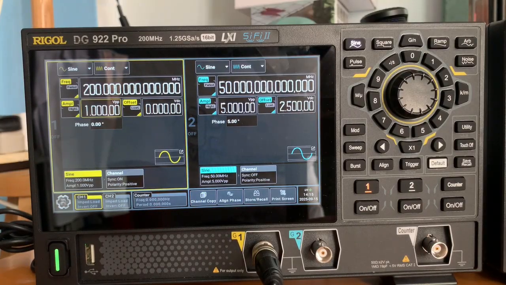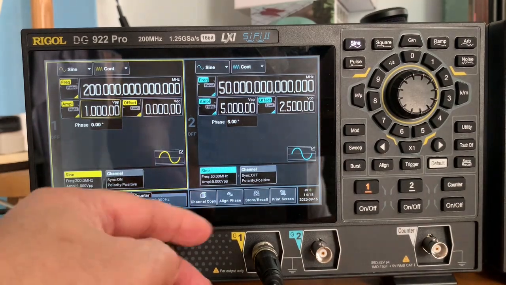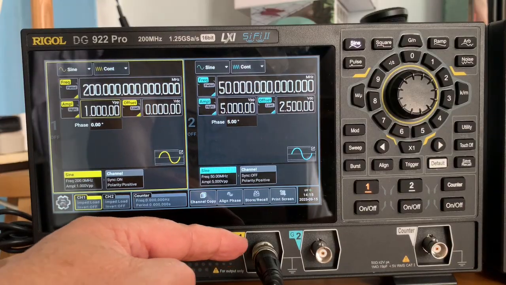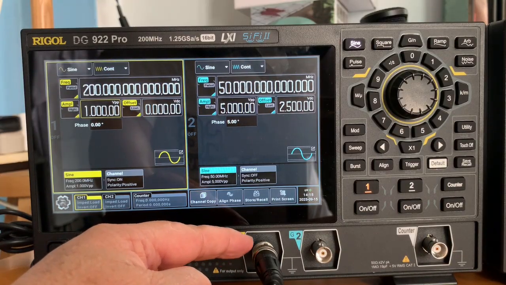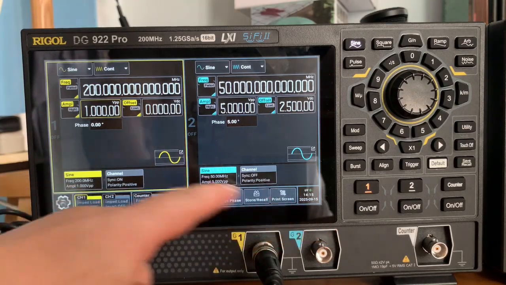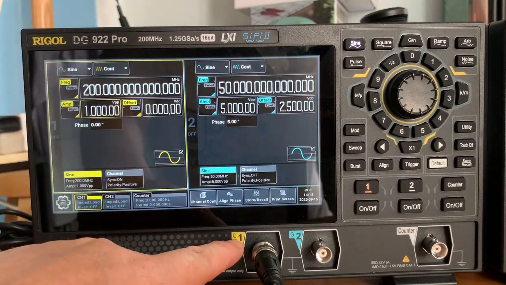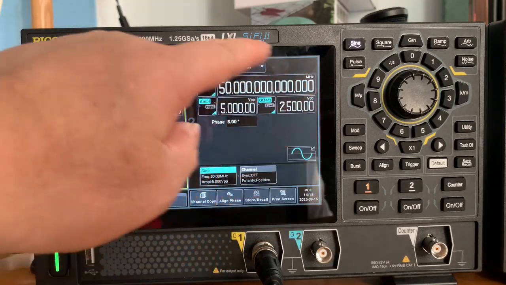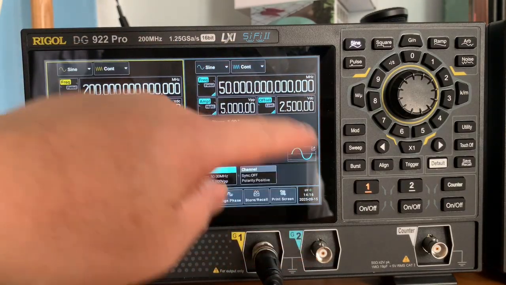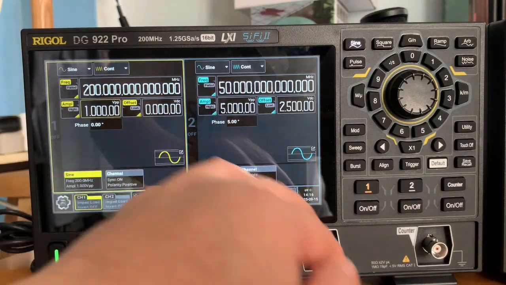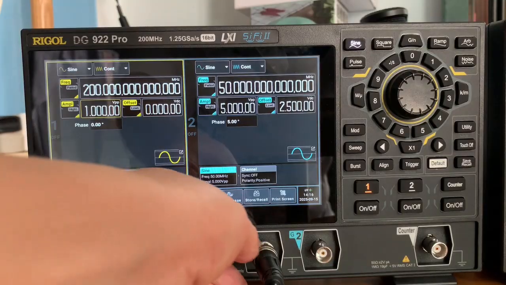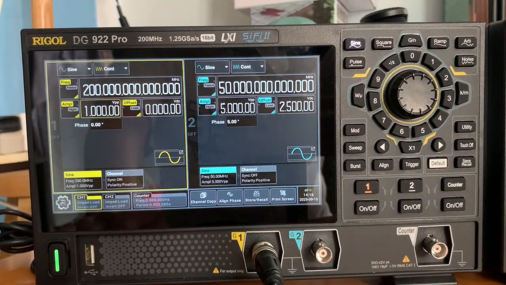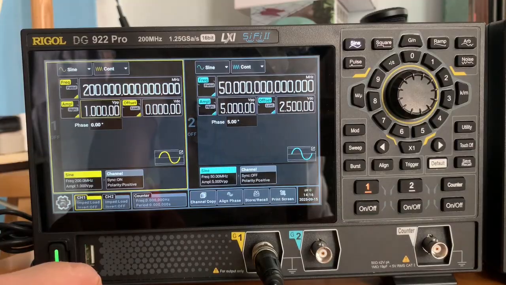After we start the function generator, we can check the signal from the oscilloscope. So here you see the oscilloscope. There are 2 channels here, channel 1 and channel 2. This is channel 1, the yellow color. This is channel 2, the blue color. But we are not going to use channel 2 because I only have 1 cable here. So okay, let's just look at channel 1.